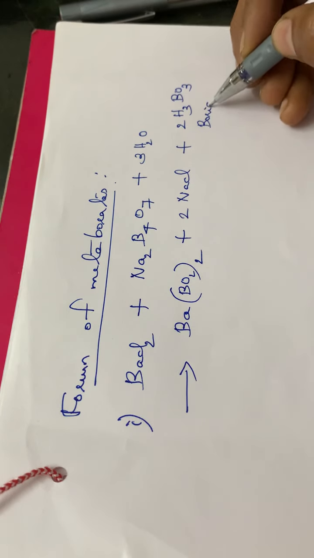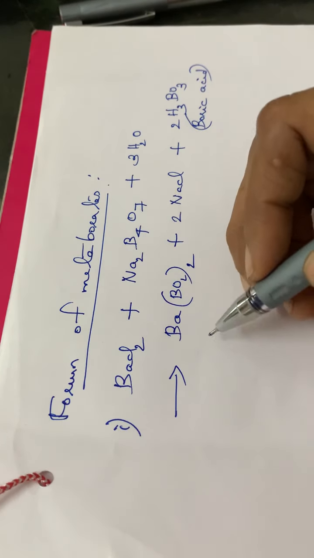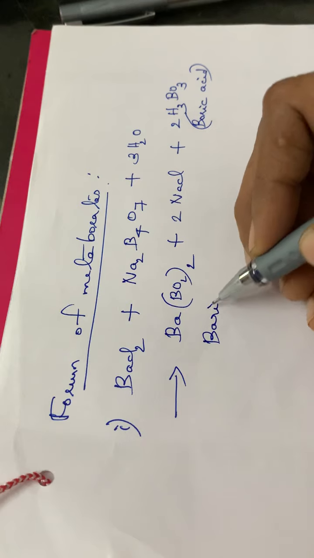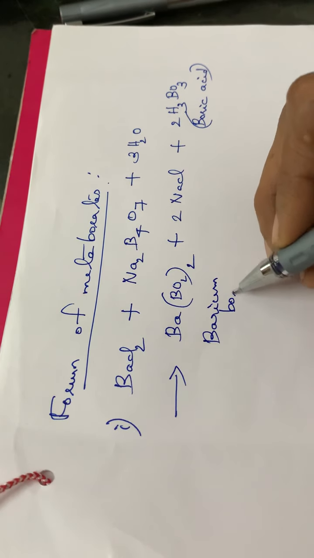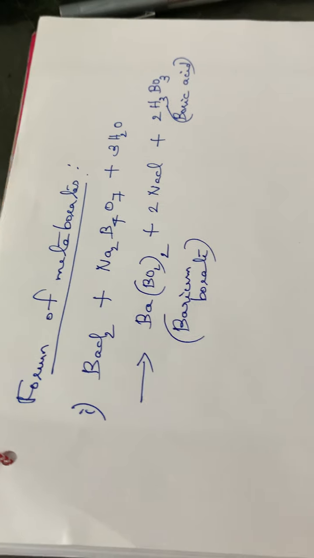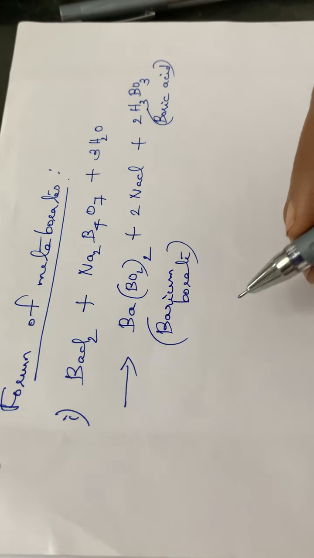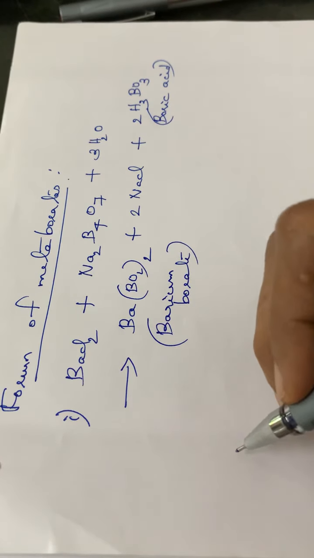H3BO3 is boric acid. This is metaboric acid, and this is barium borate. Okay, so this is the first reaction with barium chloride. So these are some of the chemical properties of these borates. Okay, then the second reaction,